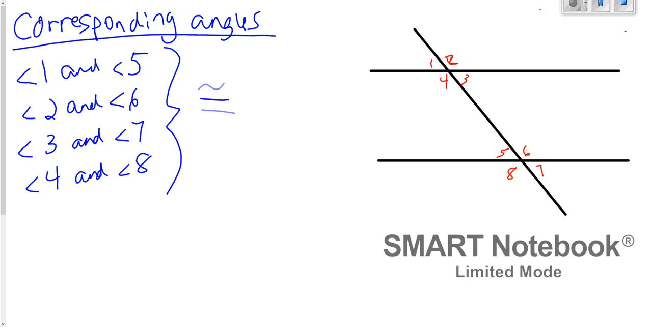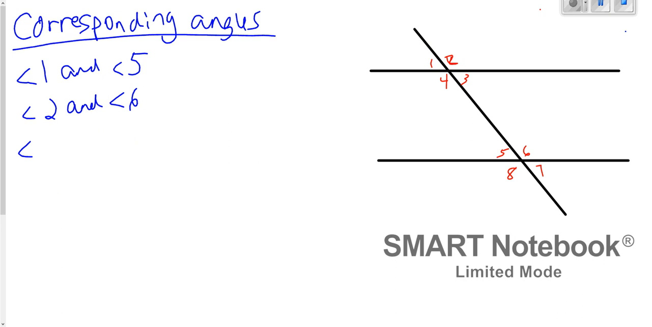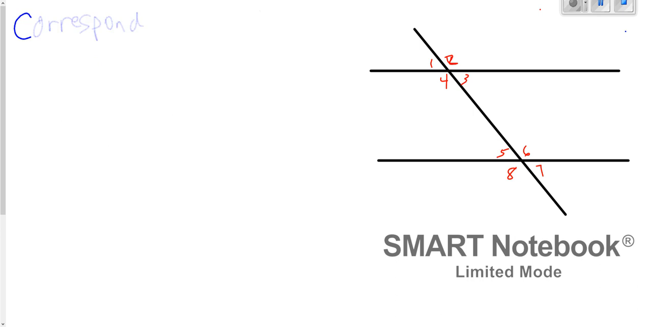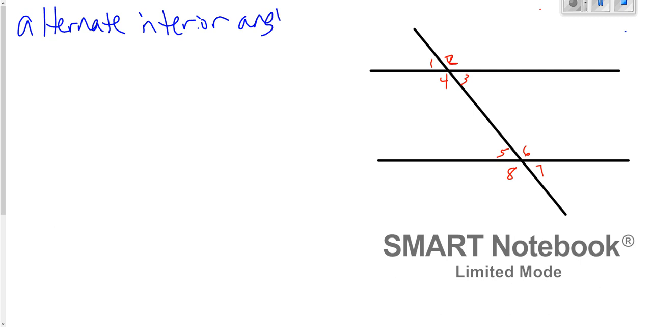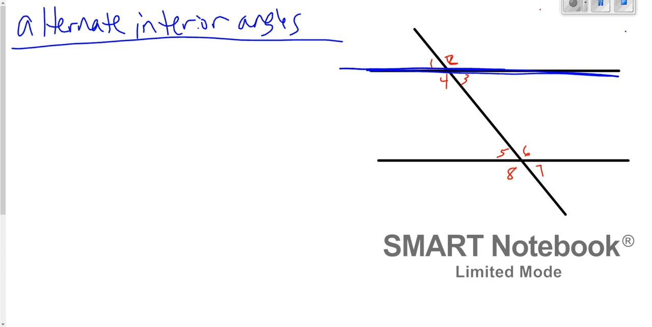All right, so that's corresponding angles. If you need those notes again, just pause the video, go back and write them down. The next one I want to talk about are called alternate interior angles. Now, interior means inside, so the interior angles are the four angles that are in between the two parallel